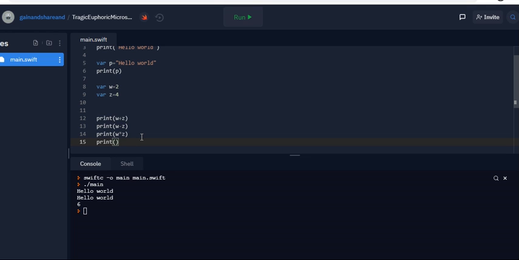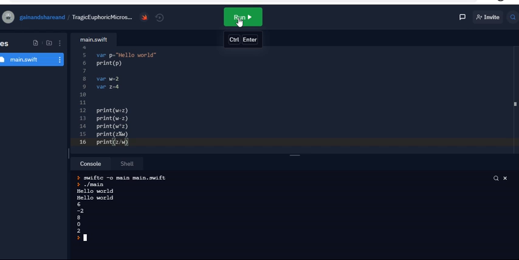Let's print z. Let's do some percentile related things here, and even the division also. So those are all the things which we can perform here. Now let's run it and wait for the output.